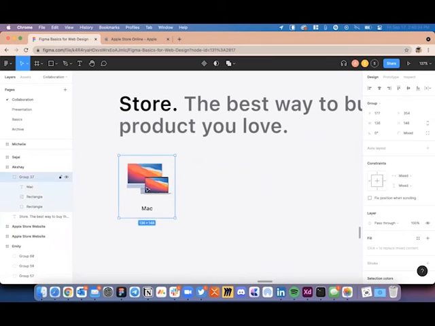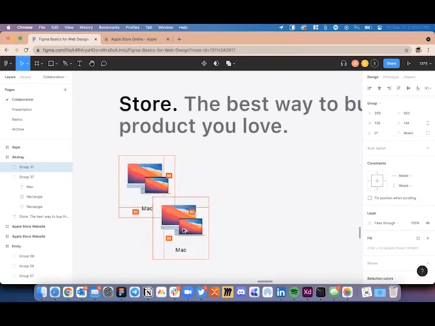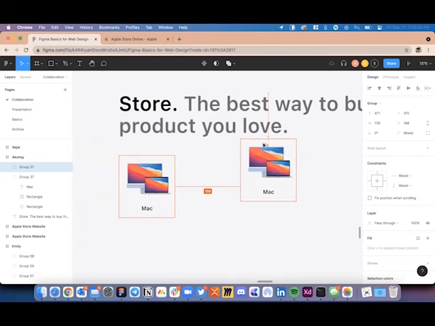Or alternatively, as you will use Figma more and more, you will know that you can create a duplicate while holding your Option key and dragging and dropping your mouse. This is a very convenient way of creating duplicates in Figma. If you just hold the Option key, it will create a duplicate wherever you want it to be.